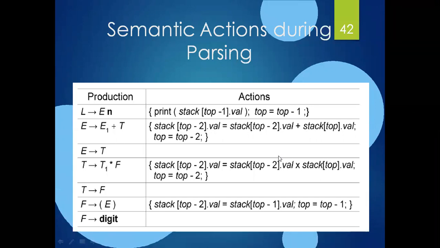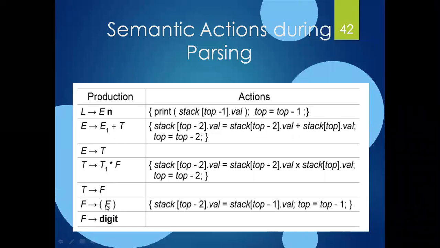Initially, whatever value I get for the node E, that value is assigned to the root node of the given grammar, right? So to know the value of E, I need to compute E1 plus T, right? To know the value of T, I need to compute the rule T1 star F, right? To know what F is, I need to compute either directly, it may be a digit, or sometimes if my expression contains parentheses like this, then I need to choose a rule like this, right?